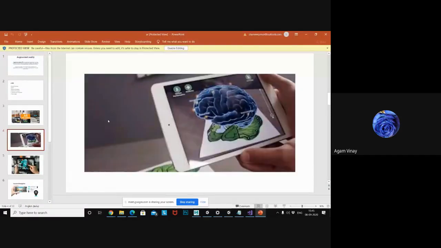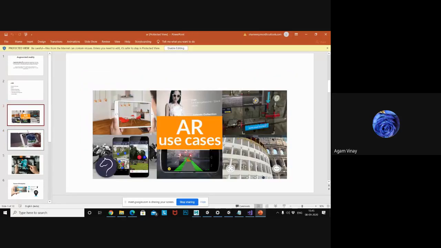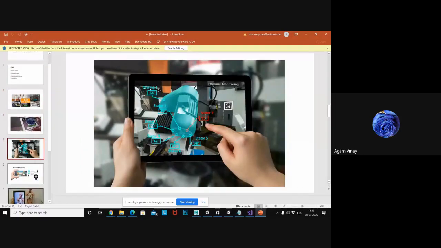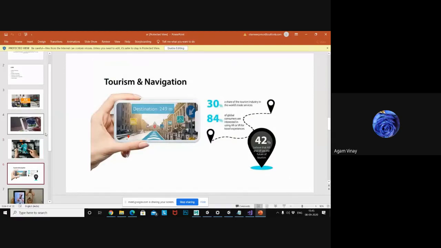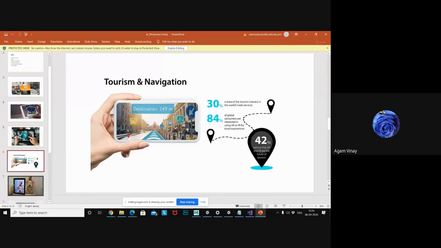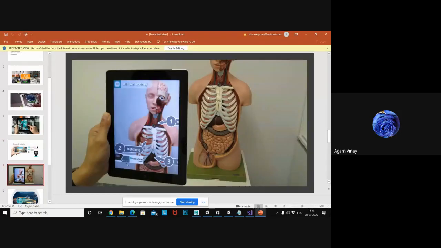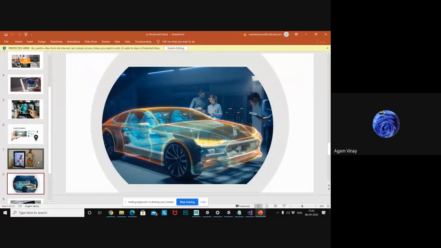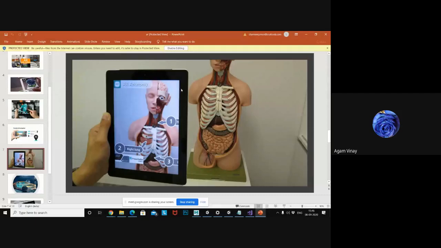So how will AR be used in the education industry? Now we are using it in engineering industries. A small little project I will show you tomorrow regarding AR. Whenever you open your camera on a phone or iPad, it shows how an object will look in the real world.